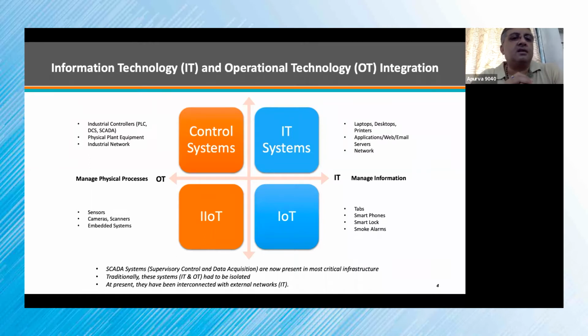these are all industrial control systems, where it is all programmable logic controllers, SCADA system, physical plant equipment. So if you are having a manufacturing industry, there is a lot of physical plant equipment over there. Or if it is ports and logistics, you have cranes and everything. Industrial network. So within the plant, you have the network. So that is the part of industrial network. And when we talk about industrial IoTs, then we talk about sensors, embedded system, and all that. So this is how we are integrating today IT and OT systems.